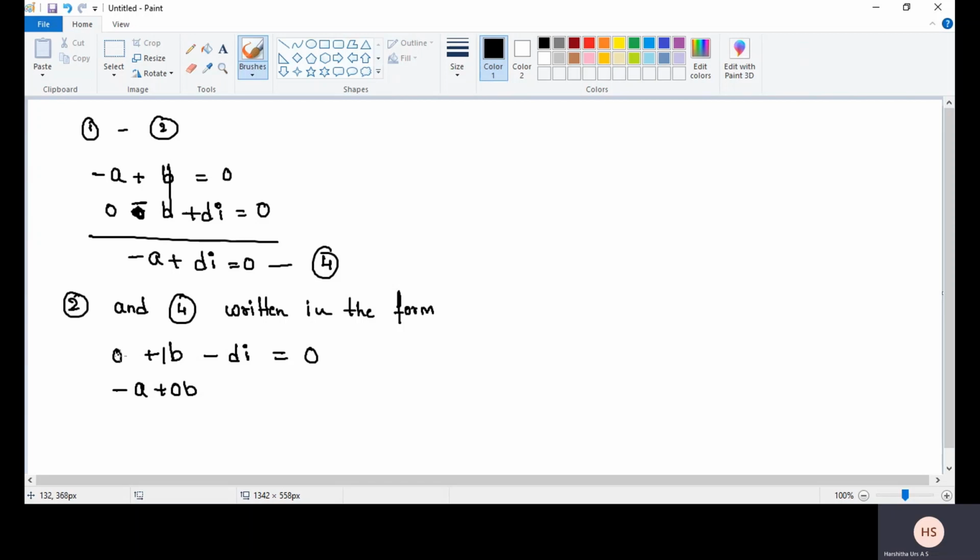In the first equation here 0a plus di is equal to 0. Now using the cross multiplication rule,